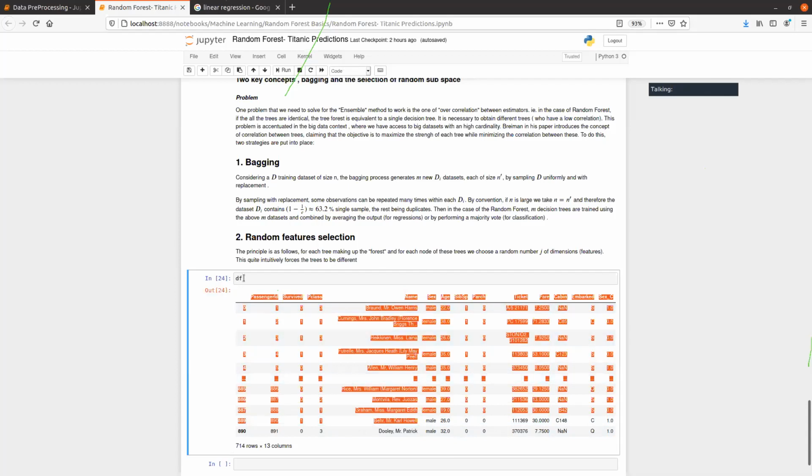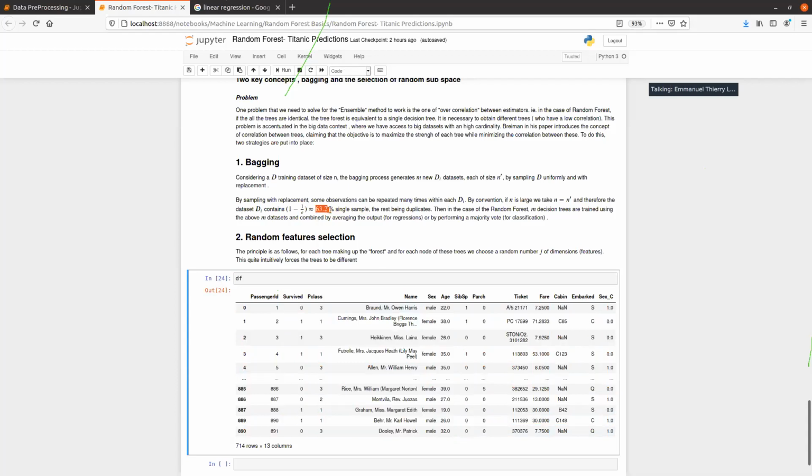So if you sample within the whole data set with replacement, then within the data set, 63% of the samples will be single and the rest will be duplicates, meaning they will be sampled twice.